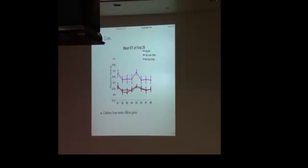Children have more offline gains. This is also shown in the fixed sequence learning. And the adults' learning is disturbed by the interference from block 5, because if you compare block 6 to block 4, they are all at the same level. And if you compare block 6 and block 3,